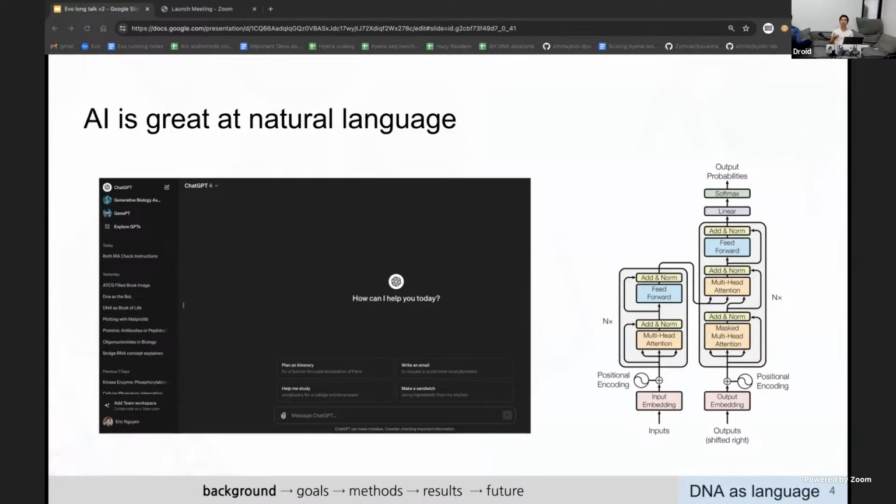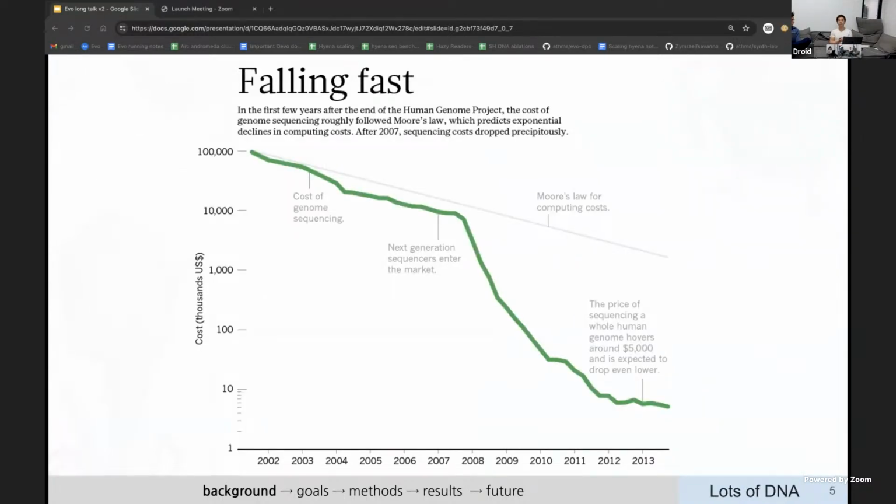It's appealing to think of DNA as an analogy with language, because we all know that AI is pretty good at natural language, for example. And so things like ChatGPT are very powerful tools that understand a great deal about language, powered by the transformer architecture. And we've seen that as you train them and feed tremendous amounts of data and compute, they can learn a great deal about language.